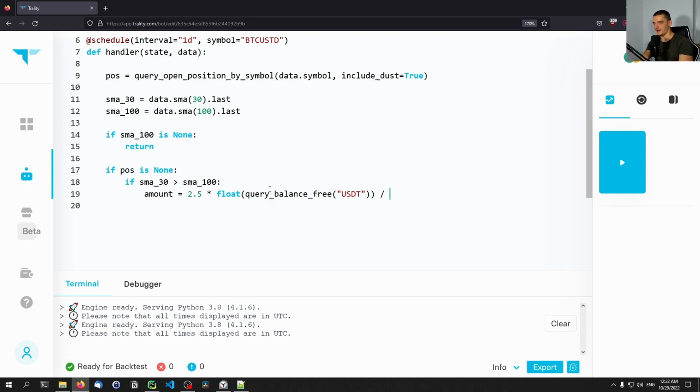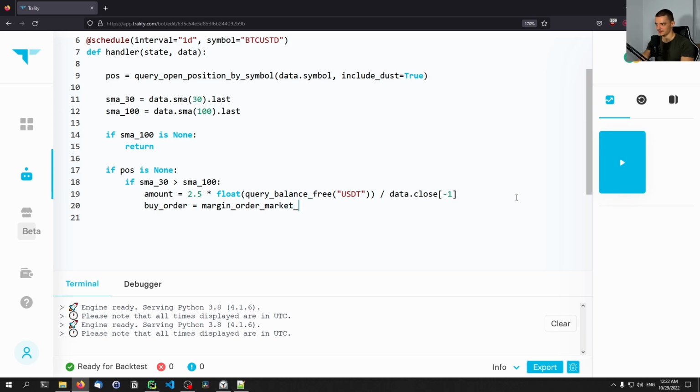Getting that and dividing it by data.closing price, the last position. This division by data close -1 divides the USDT value by the latest Bitcoin price against USDT. So this is then converting whatever we have in USDT to Bitcoins, and we then take this times 2.5. And then we say the buy order is equal to margin order